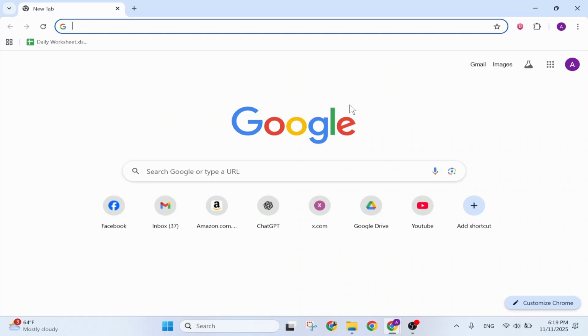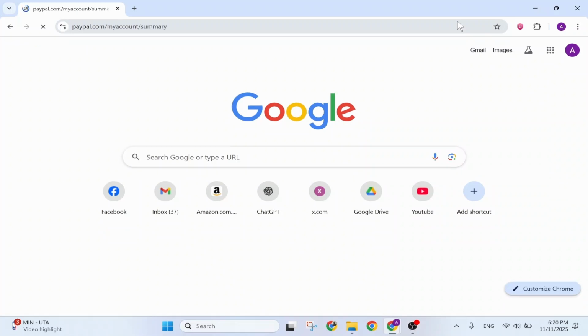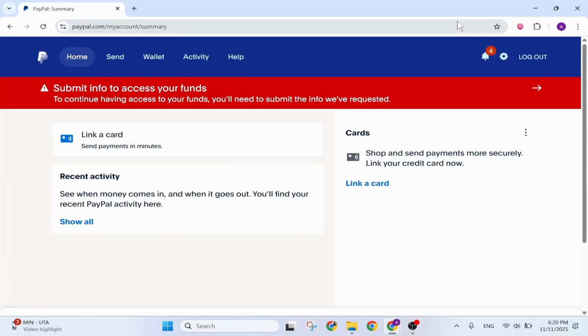First step, head over to your PayPal. Go to paypal.com and log in to your account. After you've done that, you can head over to your settings icon right here. Tap on settings,